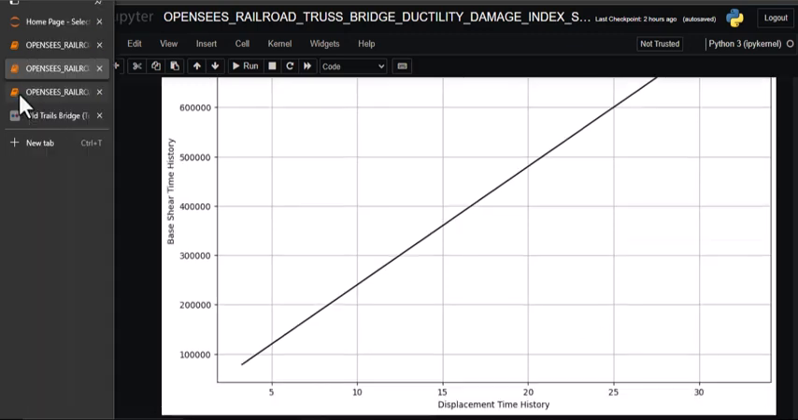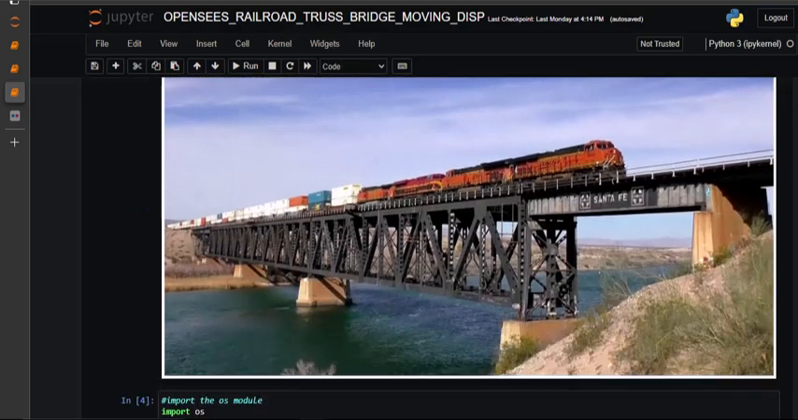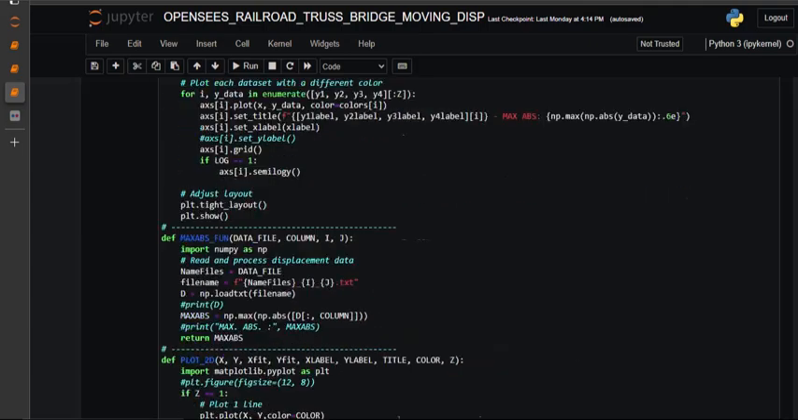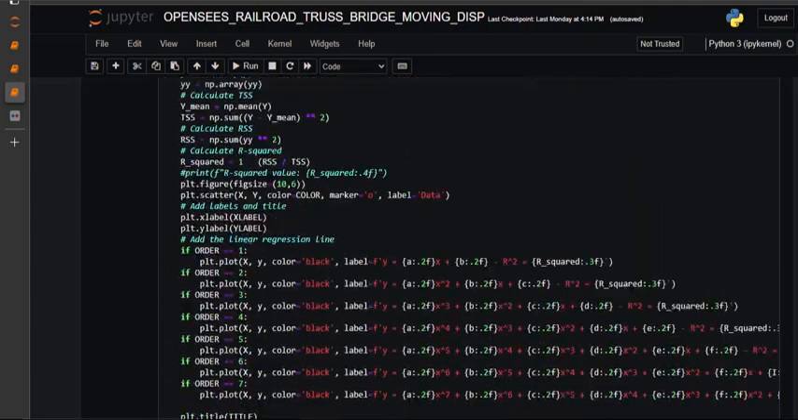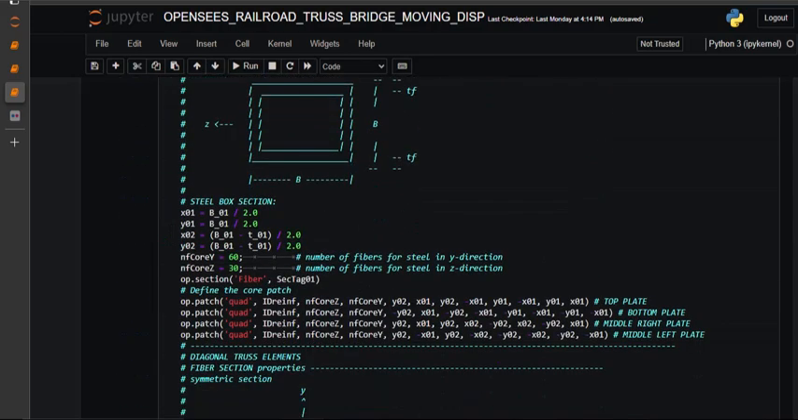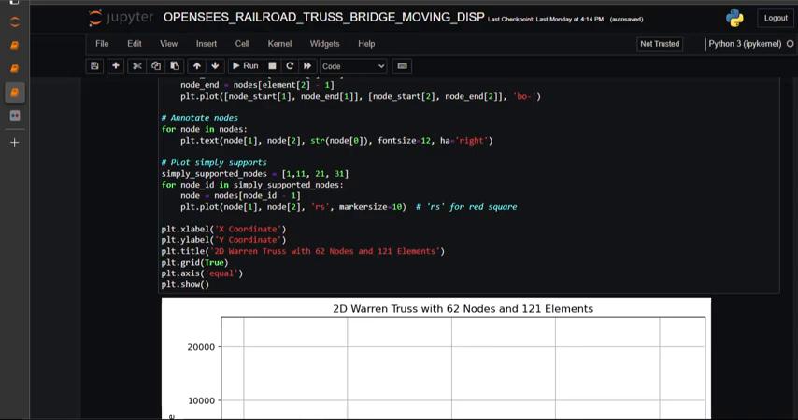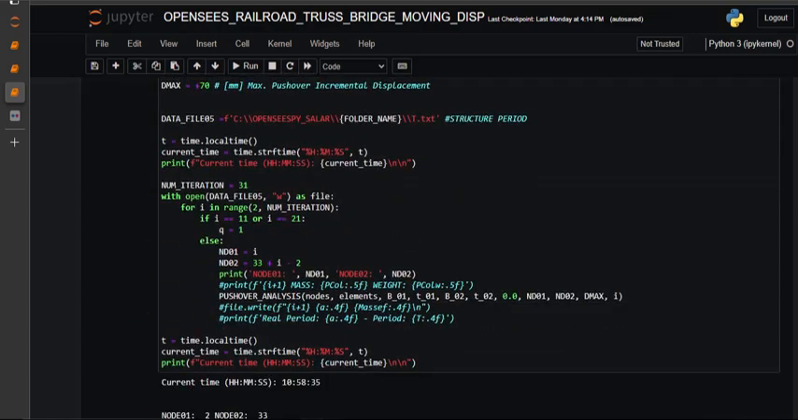Yes, guys. So in the third OpenSees file, I'm going to show you the movable displacement behavior. In this file, we just run the pushover analysis of each node and then see the result. All the process is the same as what I told you, but in here with 31 iterations we're going to